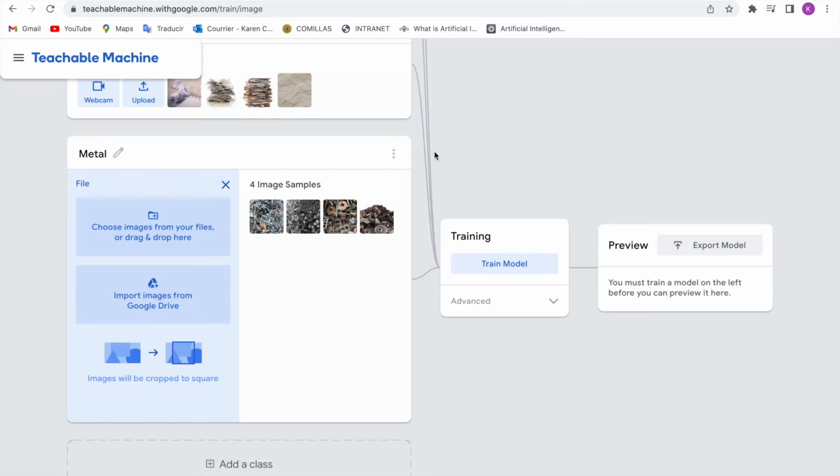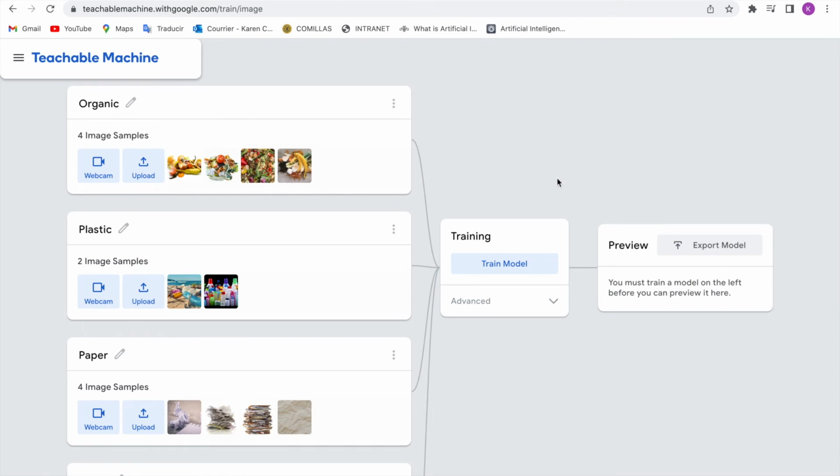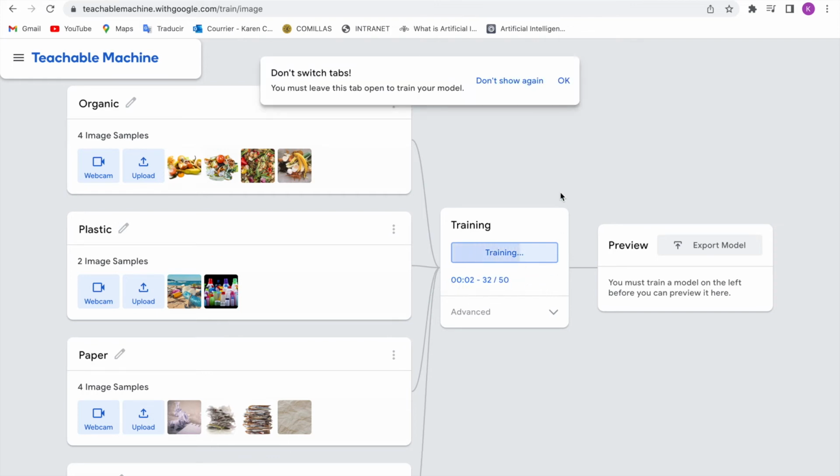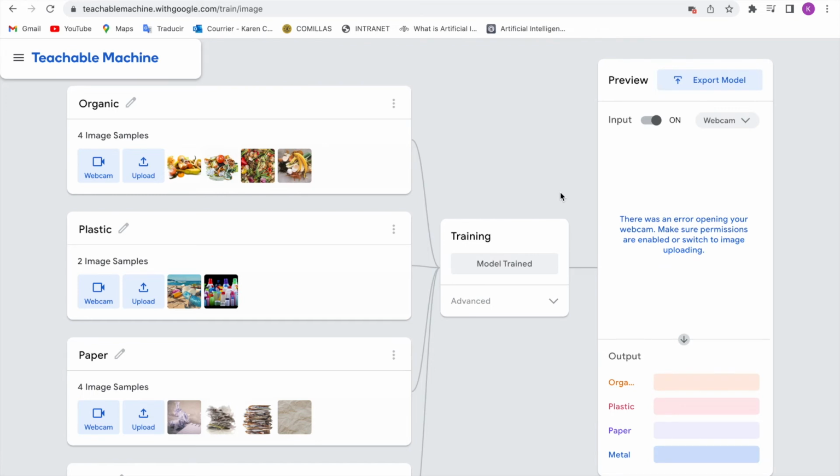Okay, we're ready. So now we're going to go here to the next square, and we're going to click this rectangle that says train model. You see, preparing training data. And I want you to remember that in this case, the quality of the data is more important than the quantity. We've seen this throughout the module, and this is very important because in order to create a good model, we need good data. So now we're gonna test our model and see what it does.